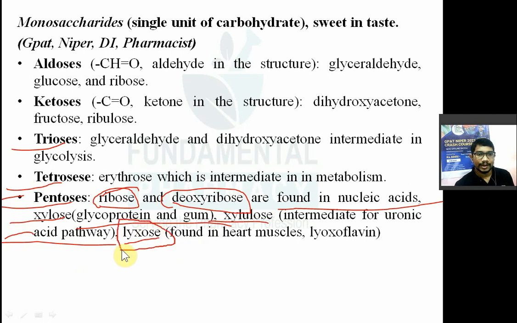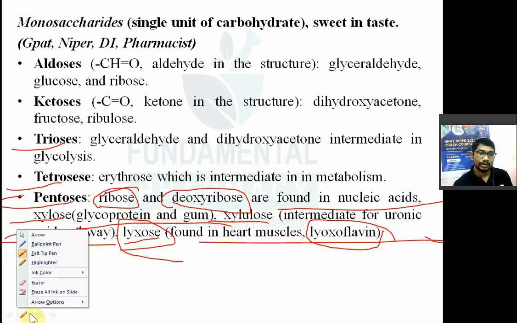Lyxose is a sugar, it is a pentose sugar found in the heart muscles. आपको जो दिल होता है धक धक करने लगा, in the heart muscles, that is a myocardium. In the myocardium, lyxose sugar is found in the form of lyxoflavin. लाइक्सोफ्लेविन नाम का एक पिगमेंट होता है, सो उसमें ये लाइक्सो शुगर पाया जाता है। Lyxose sugar is found in the heart muscle. क्वेश्चन आता है, देखो आ चुका है, ड्रग इंस्पेक्टर के एग्जाम में क्वेश्चन ऑलरेडी